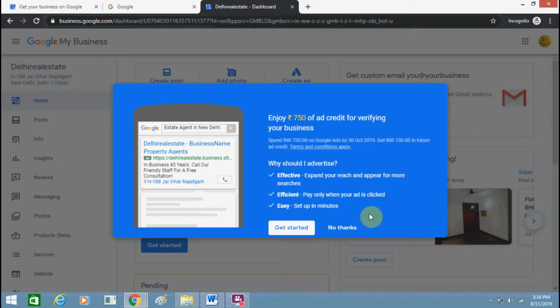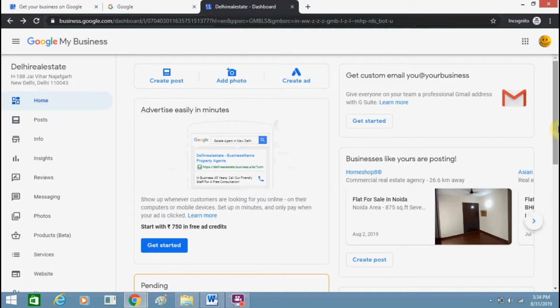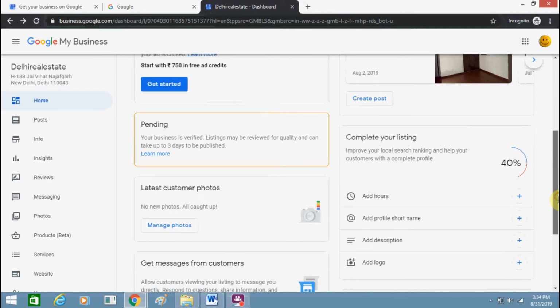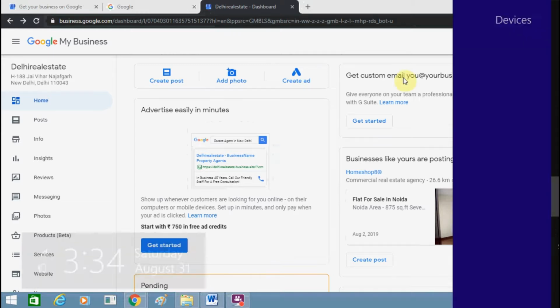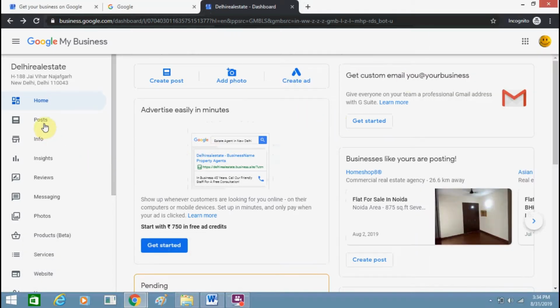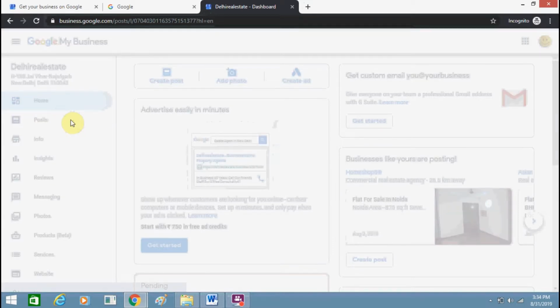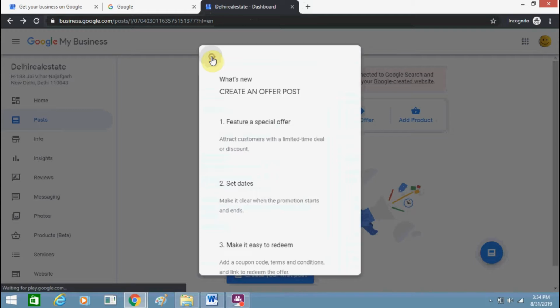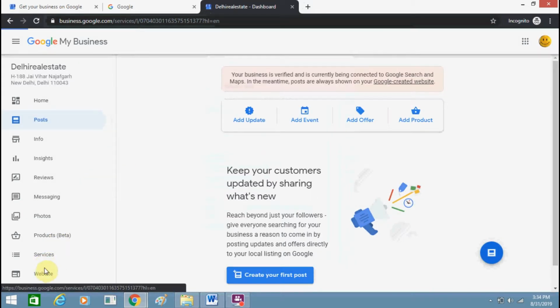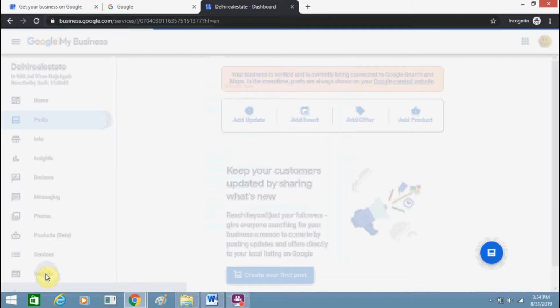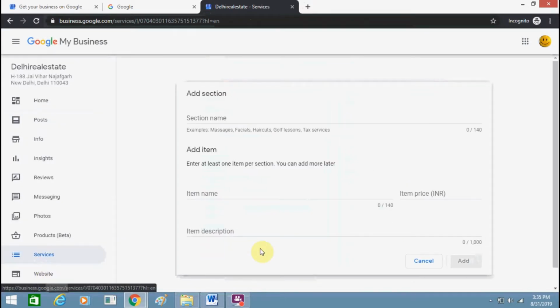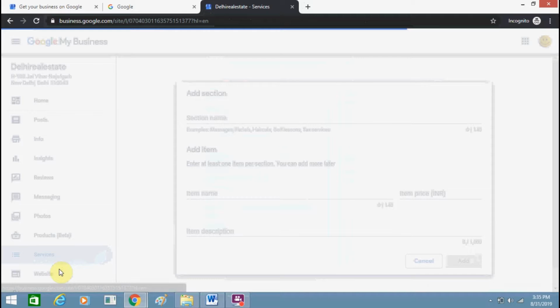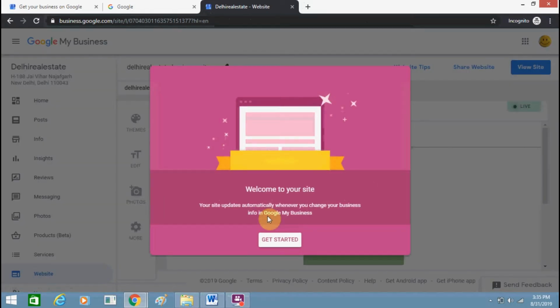The first time you will be prompted with certain things. You can just follow the instructions. Here you can see on the left side and right side all options are available for the customization process. You can customize your website accordingly. These are the options you can see. A paid version is also available, but you can go for the free version if you want to use it free for a lifetime. But for this you will get the business.site extension at the end of your domain. And if you want a second level domain, you need to go for a paid version.